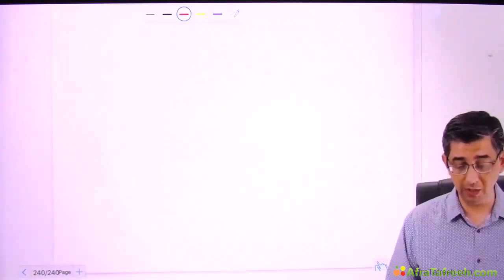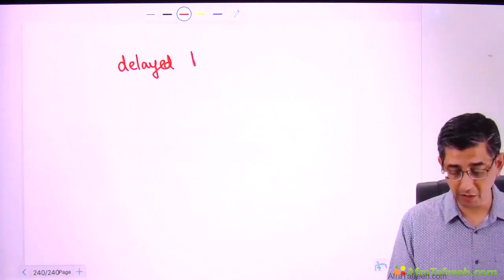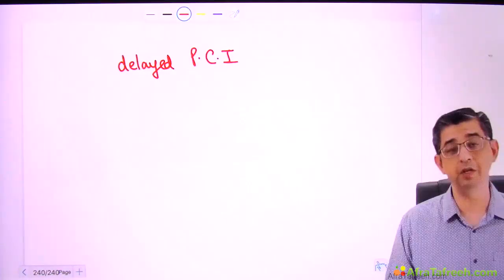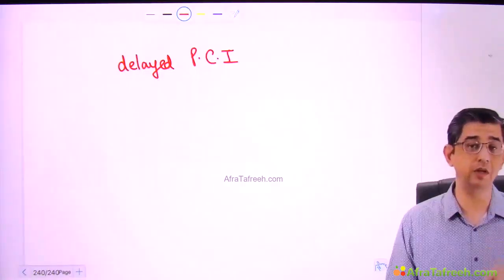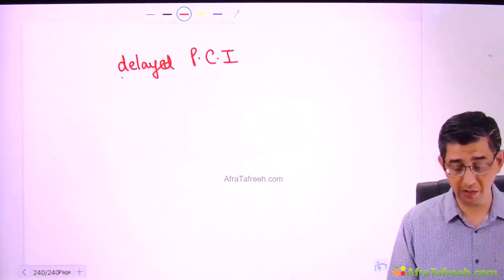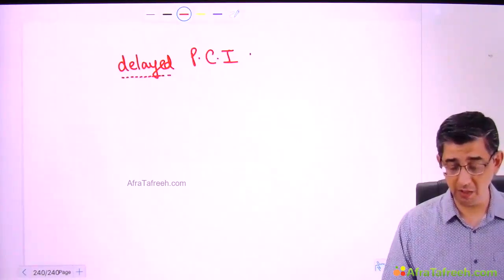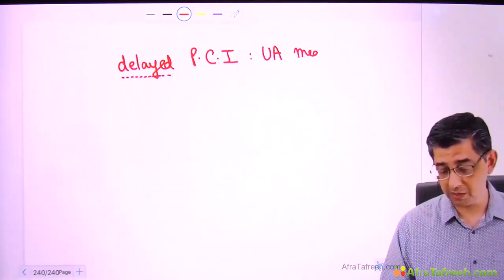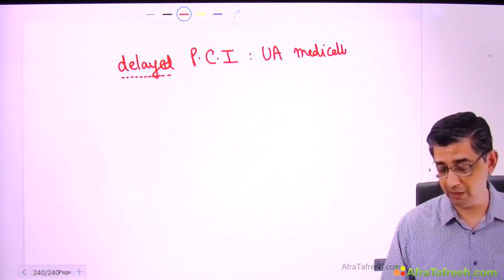Your answer would be that you would go in for a delayed percutaneous coronary intervention. Earlier, I was teaching you PCI with a drug-eluting stent for patients of single vessel disease or double vessel disease. The PCI word has come in the discussion once again, but you can see a prefix here. The prefix is delayed PCI. So the message is that delayed PCI is also done in patients of unstable angina. But when would you do it? When the person has not responded to the conventional medication. So I'm just putting a word here: medically refractory.